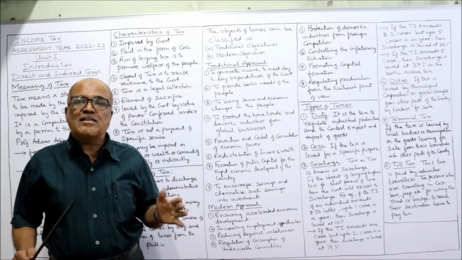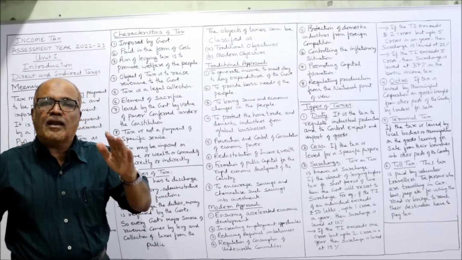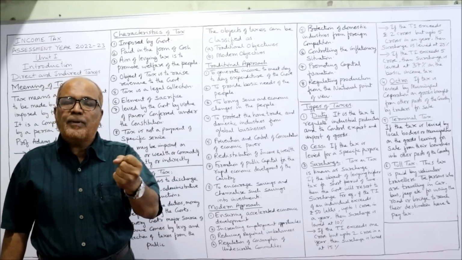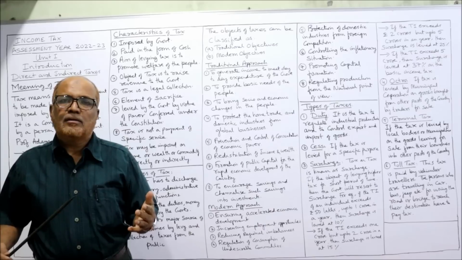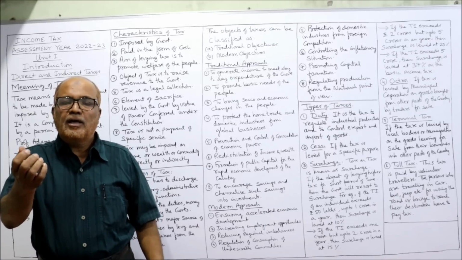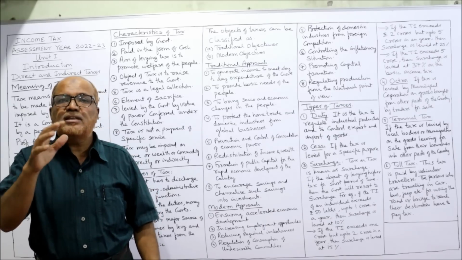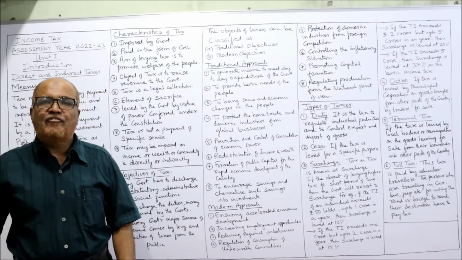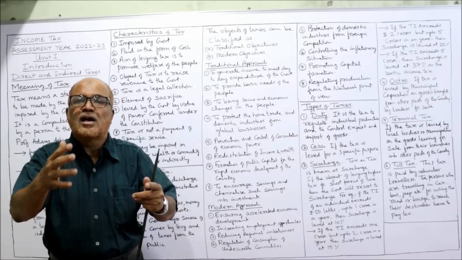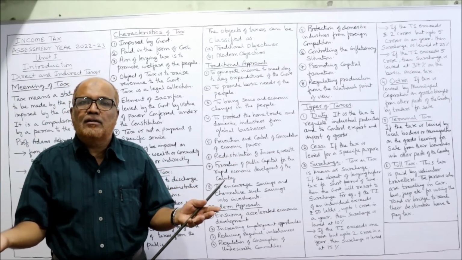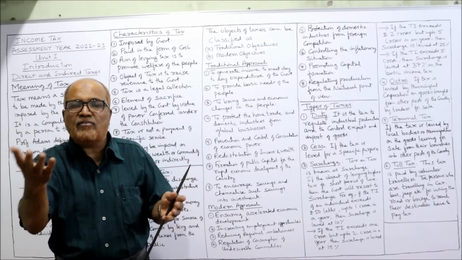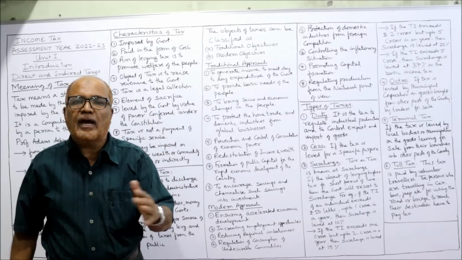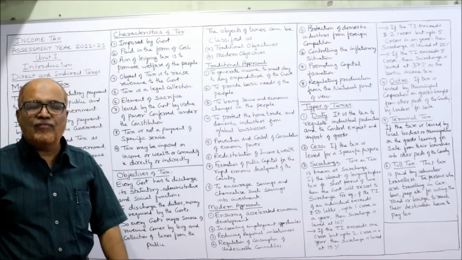Next one is prevention and control of concentration of economic power. Remember, if taxes are not collected, the rich will become richer and the poor will become poorer. That means money multiplies money. If a person has more money, he will be able to earn more money. In this way, there will be economic concentration of power in the hands of a few people. Few people will have so many resources and many people do not have anything. There is disparity between haves and have-nots. To remove that, the government will implement the tax to remove the economic concentration among the few people.